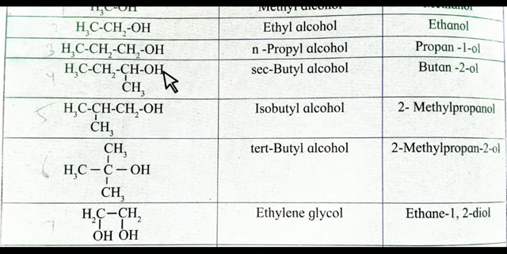If the functional group is attached with a carbon atom which is again attached with two carbon atoms, it is a secondary group. And when there is a branch of a methyl group, it means that it is an iso group. Here the functional group is attached with a carbon atom which is attached with three carbon atoms, so it means that it is a tertiary group.